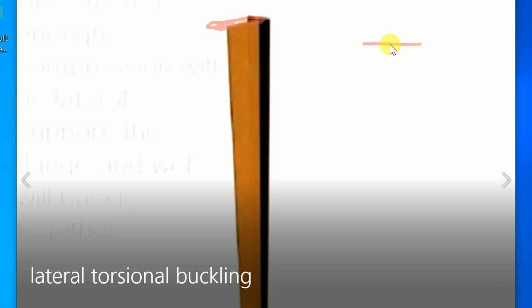Clear? But if we have an I section, let's say this one, so this is the web and this is the flange, okay? So the web basically restrains the buckling. Clear? The lateral torsional buckling. Almost, it is the flange which buckles, okay? So this point is basically explained in this video. Clear? So let us